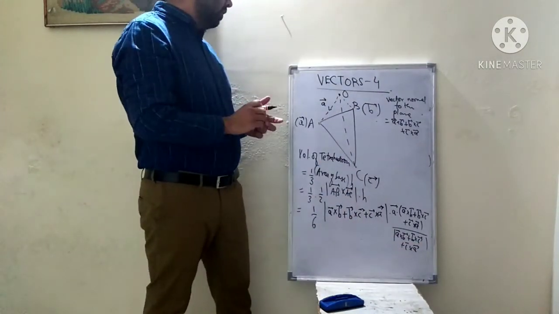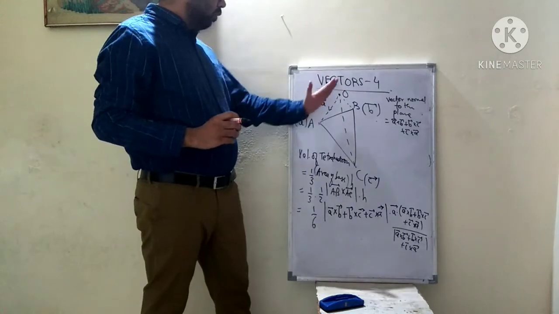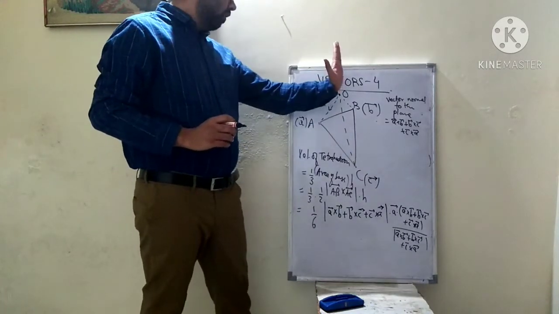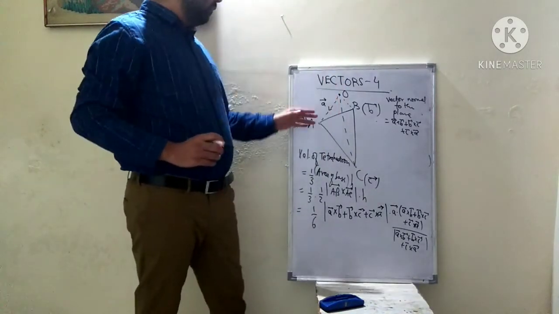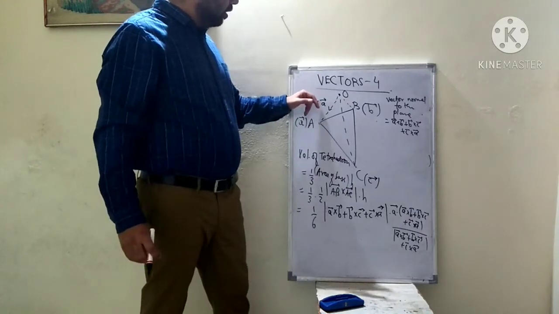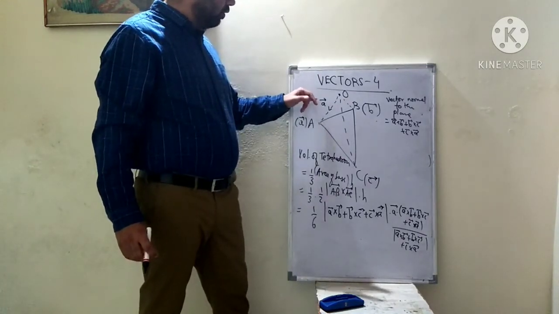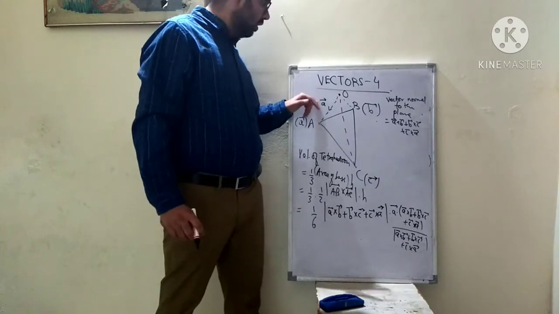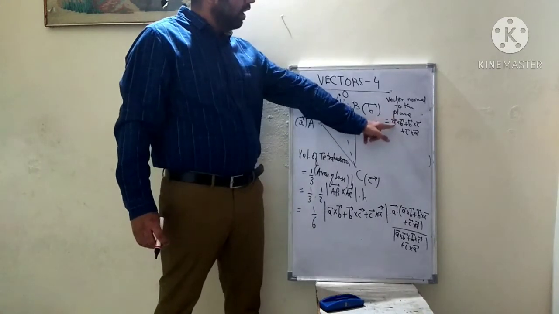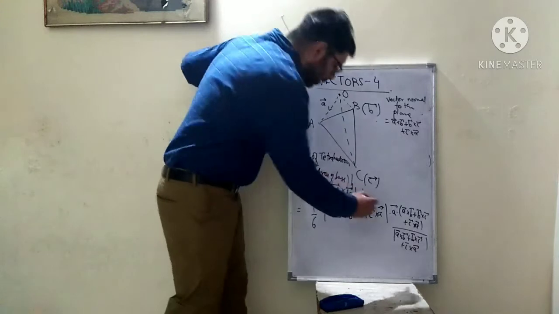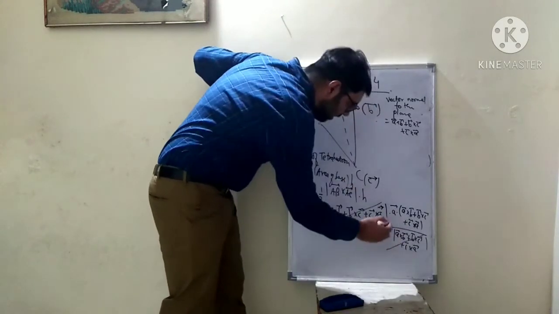So height basically is the projection of this vector OA along the perpendicular from the point O onto the plane. So in order to do that, we take the projection of this. For projection we need to take the dot product of vector A with this vector and then divide by its magnitude. So this expression and this expression will get cancelled out.